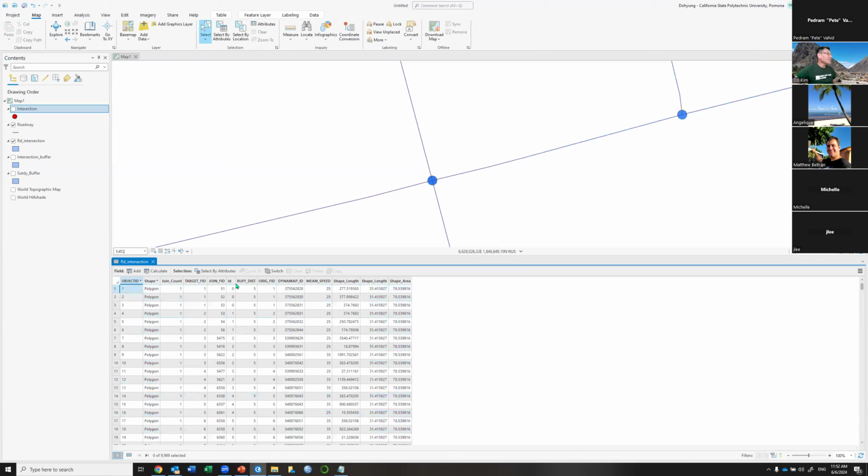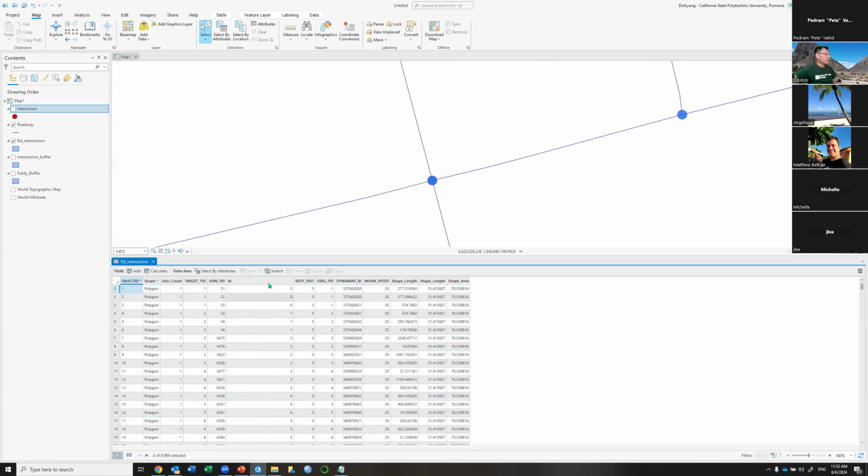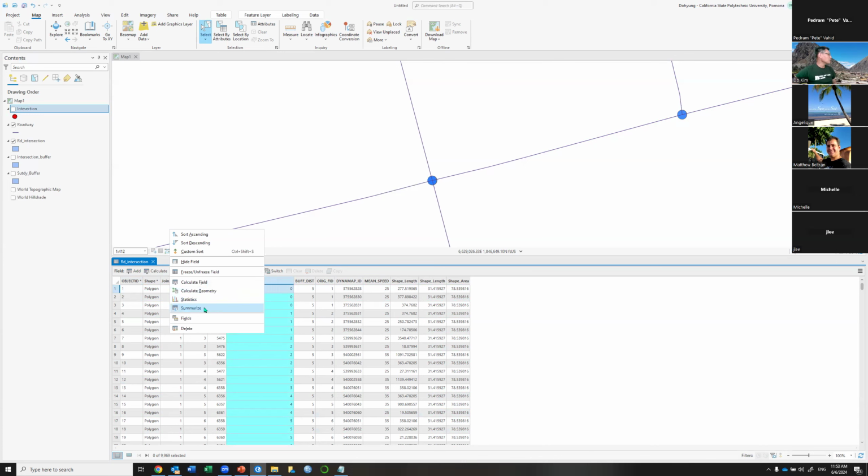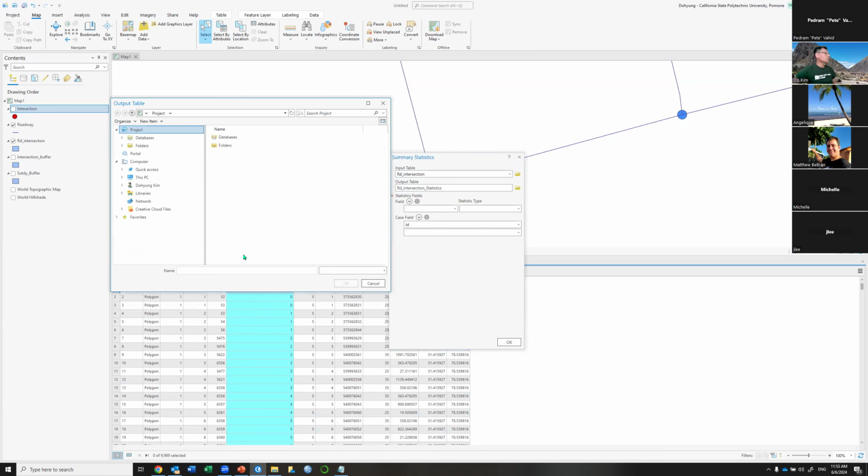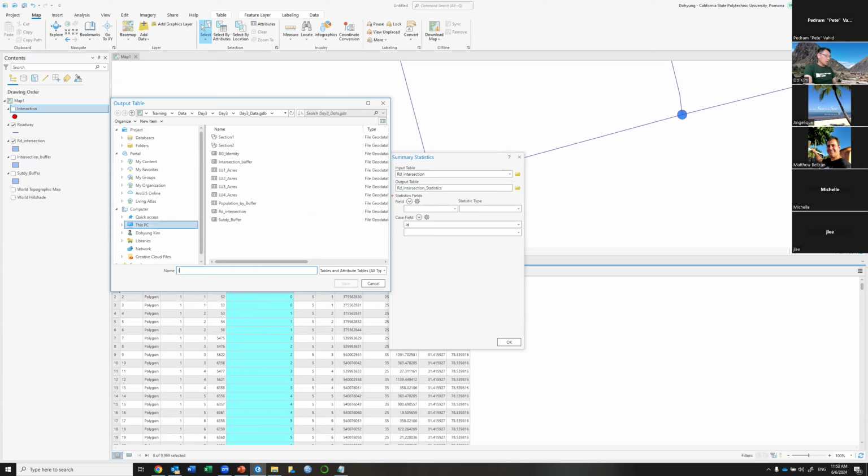So what that means is that if I take advantage of this ID field, for example, right click on the ID field, and summarize it, and name the output table, let's say intersection